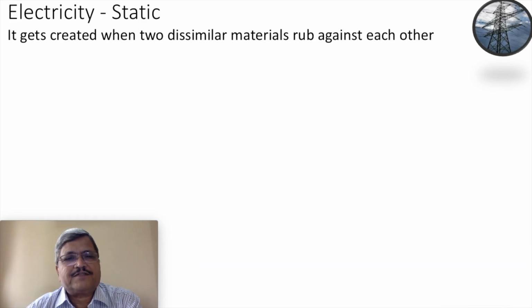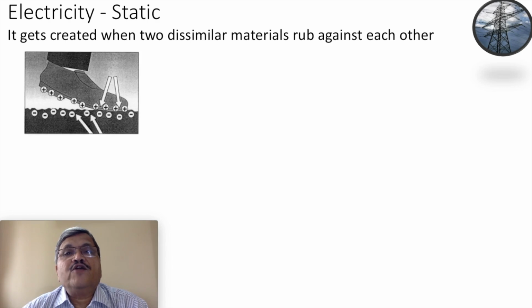So let us first understand what is static electricity and how it gets generated. It gets created when two dissimilar materials rub against each other. For example, when you walk on a carpet in office or at home, your shoe and the carpet have a rubbing action, and at that time electrons shift from one substance to another,